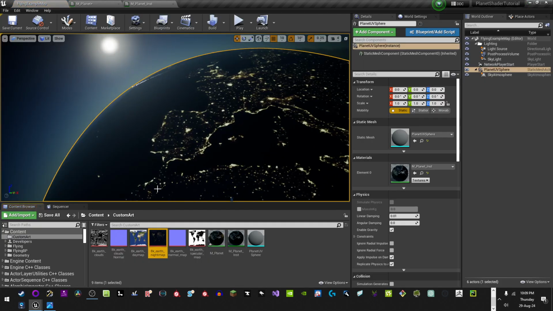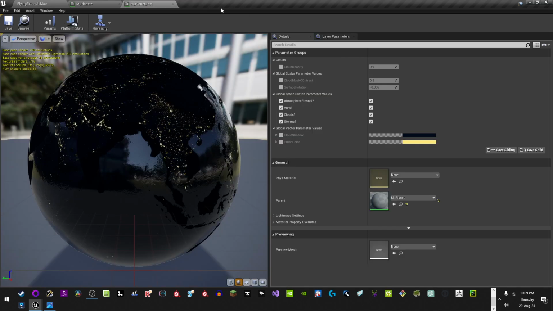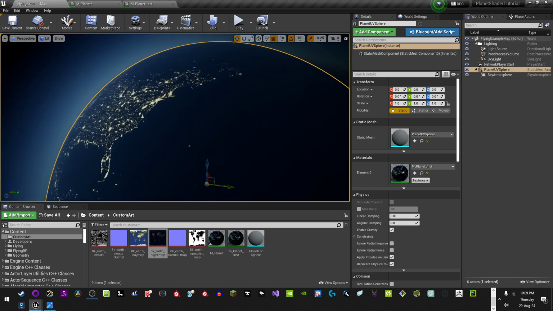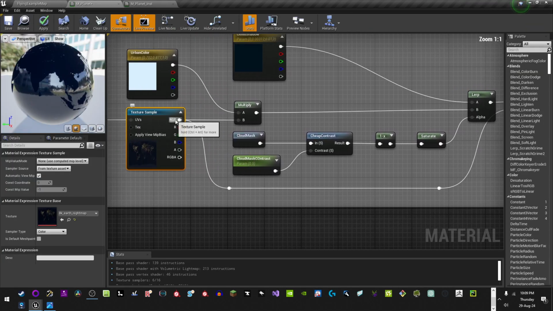I guess this is a bit yellow in the shader itself, so you can get away with the color a bit. It's not going to be the exact color. If you really wanted